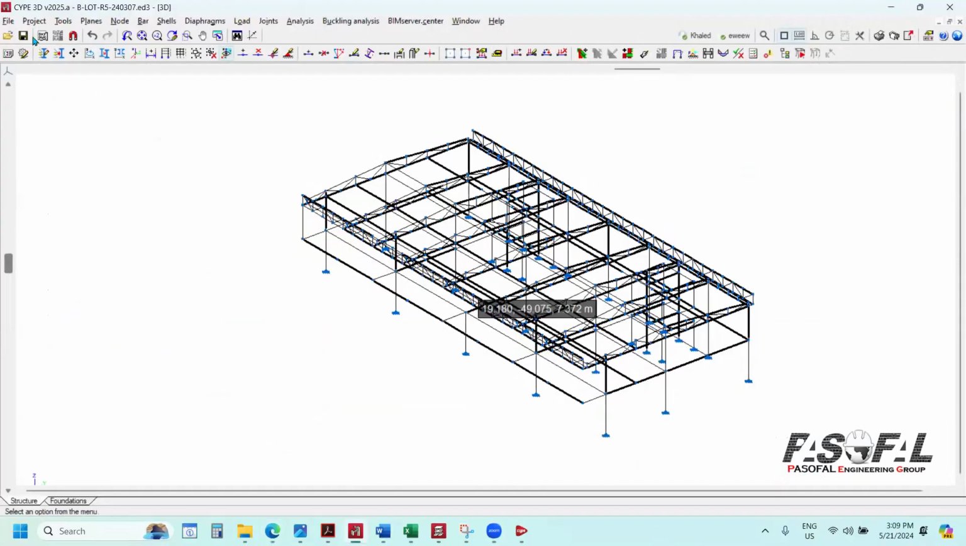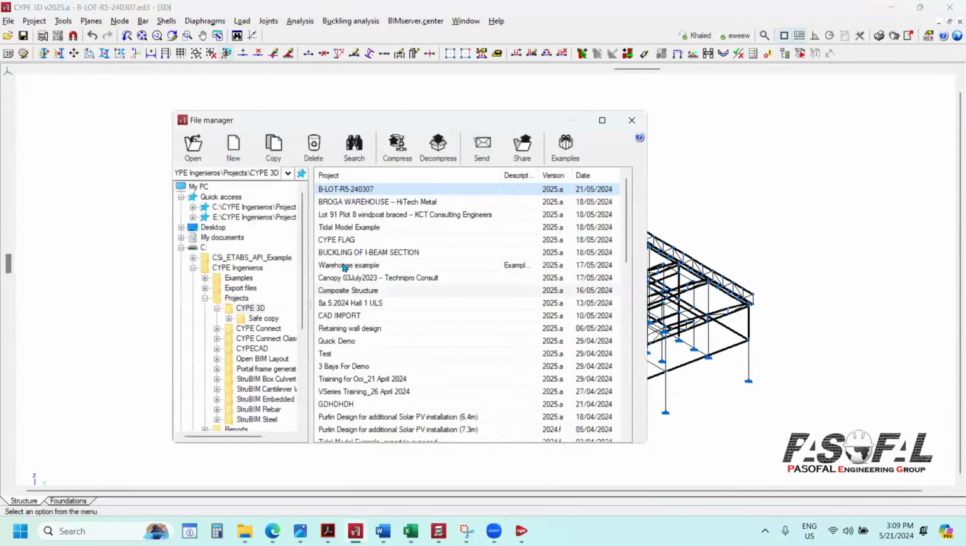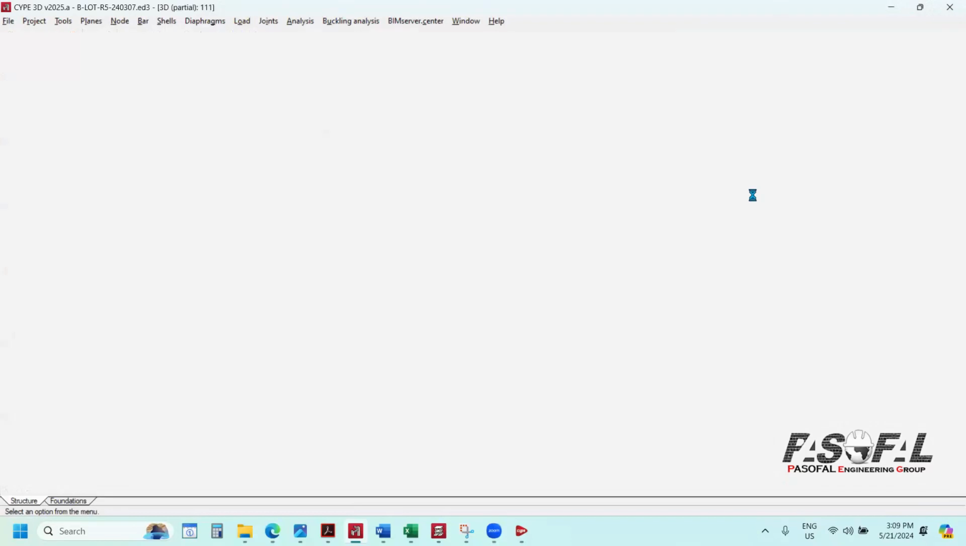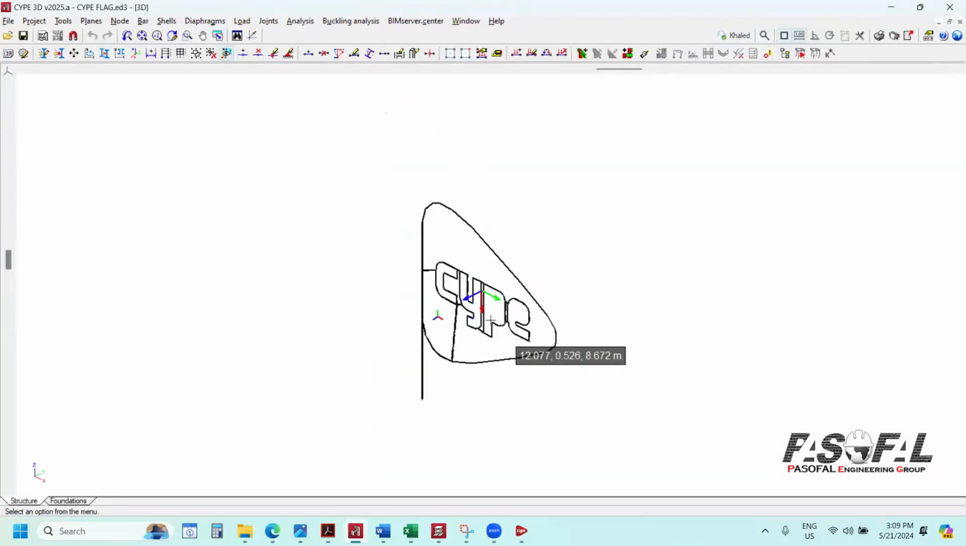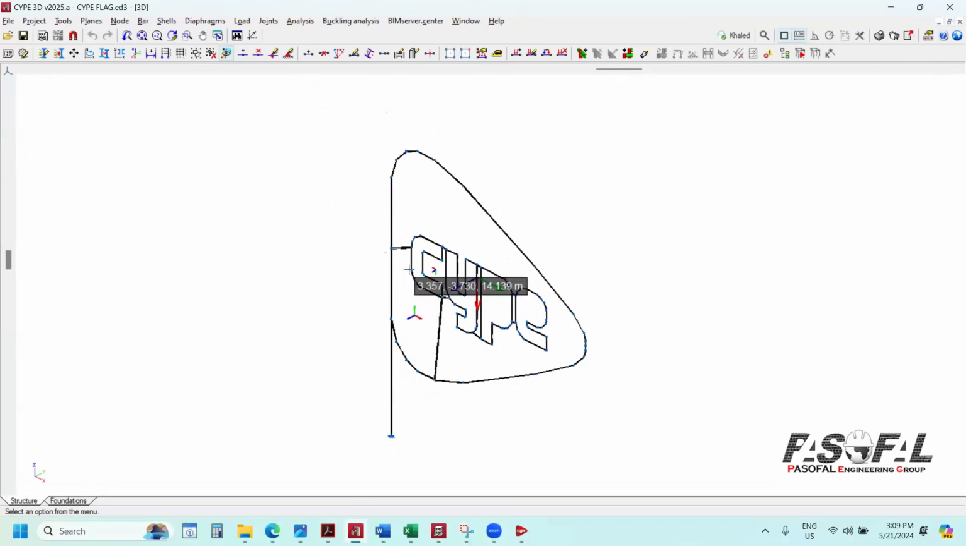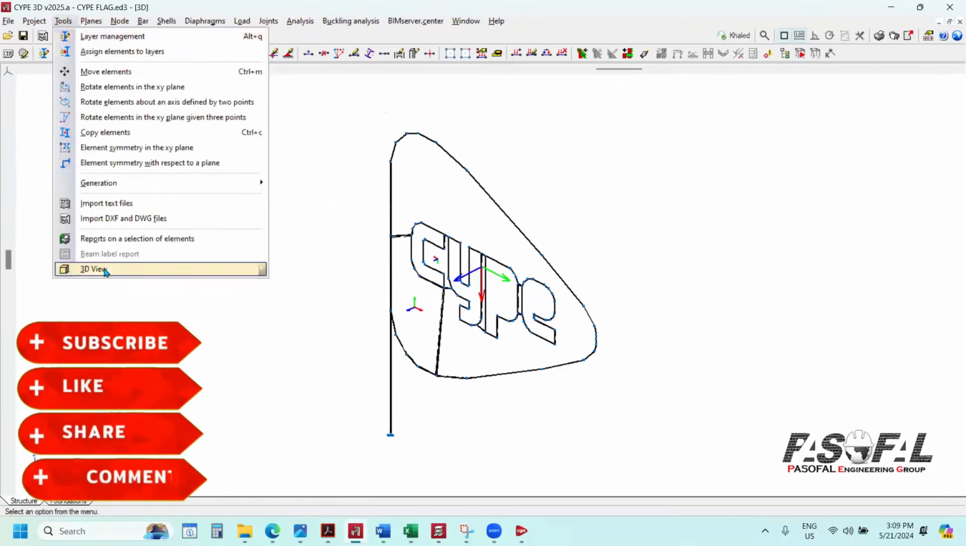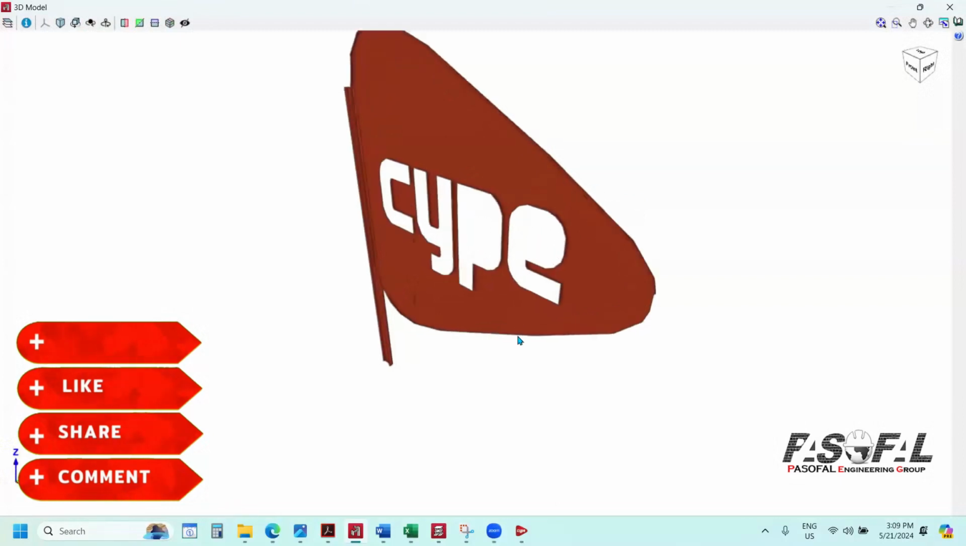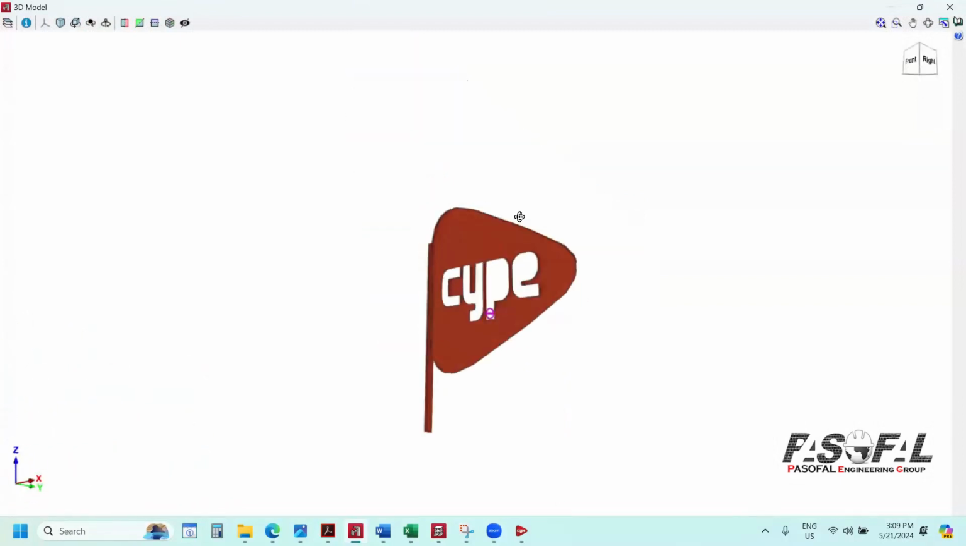Assume that I want to open one of these models that I have. Maybe I can go to one of these models. Here I have the CYPE flag. Let me open this model. This is also a funny shape that I created last week for some demo purposes. If you look at, let's say, this shell element,